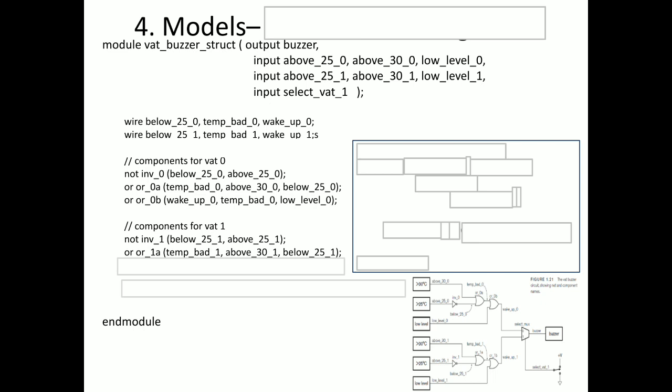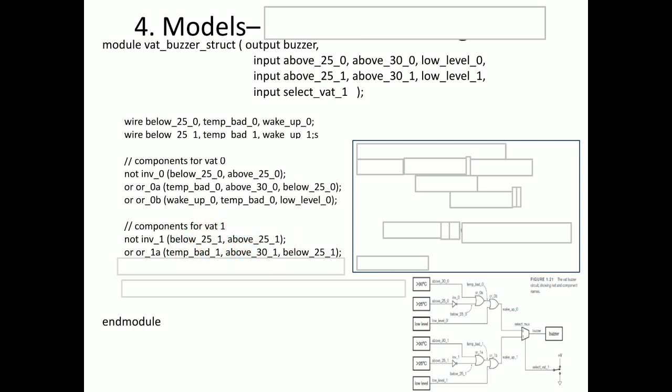Why do we need to give the names? Because it helps in understanding the circuit. If bugs are there, it helps the designer to fix the bug. It helps in identifying. Similarly, we need to write first the logic gate name and the user defined name, then the port list within parentheses ending with a semicolon, and within the parentheses we need to define the parameters. First is output, comma, input: below 25, above 25.